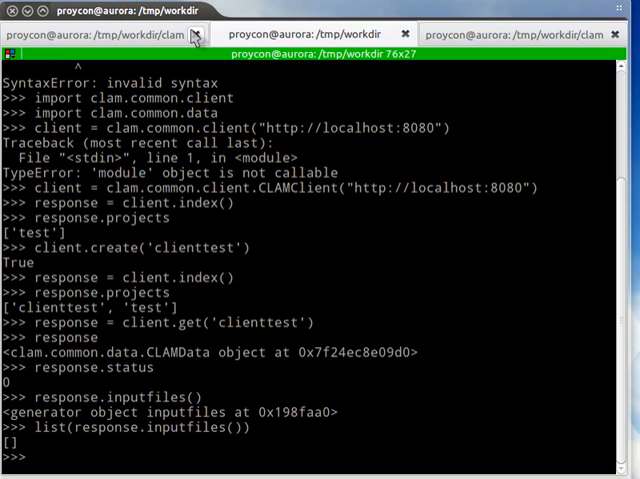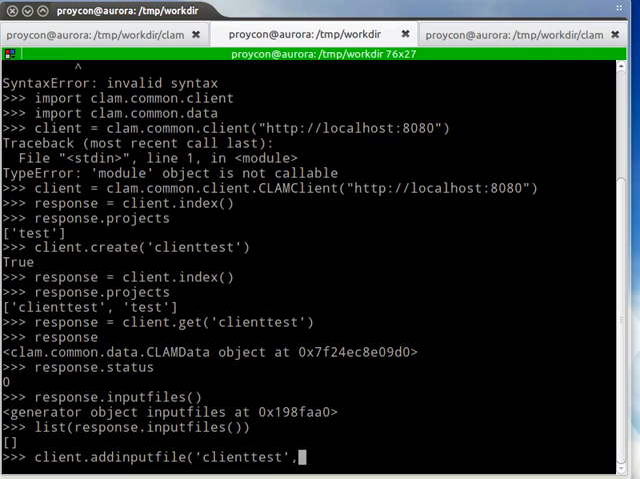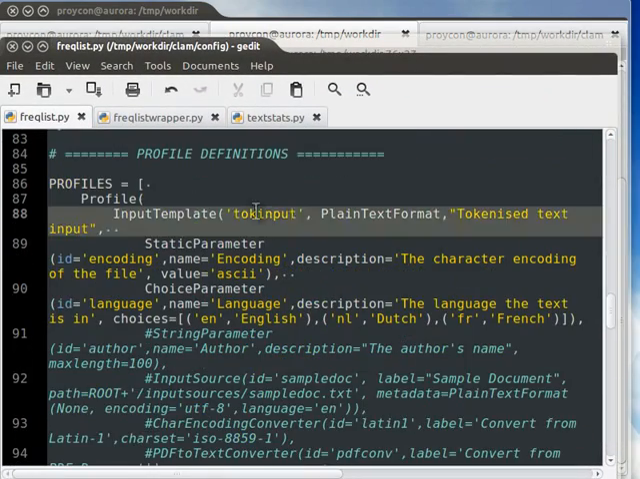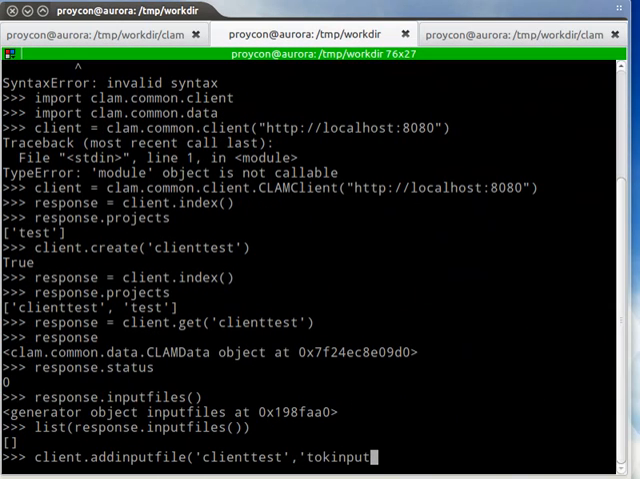Let's add the piece of Hamlet we had, and we do this using client.addInputFile. We first specify the project for which we add the input file. Client test is our project. Then we have to specify the input template for which we want to add a file. If you recall from the service configuration file, I still have it open here. You see that the input template was, for example, TOC input. This is where our tokenized text documents entered. So we specify that input template,